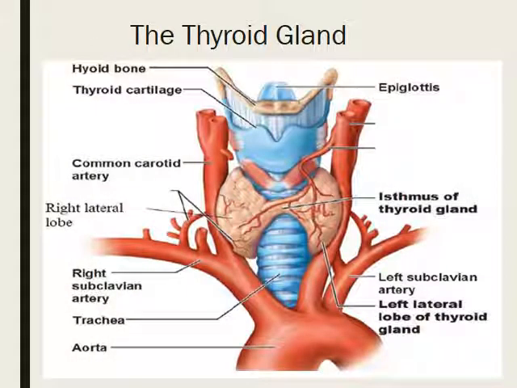Now a few words regarding the anatomy of the thyroid gland. The thyroid gland is a butterfly-shaped endocrine gland that is normally located in the lower front of the neck. Its job is to make thyroid hormones, which are secreted into the blood and then carried out to every tissue in the body. It is a highly vascular organ located anteriorly and it extends from the C5 vertebra to the T1 thoracic vertebra. The gland consists of two lobes, right and left. They are connected by a median isthmus and it overlies the second to fourth tracheal rings.